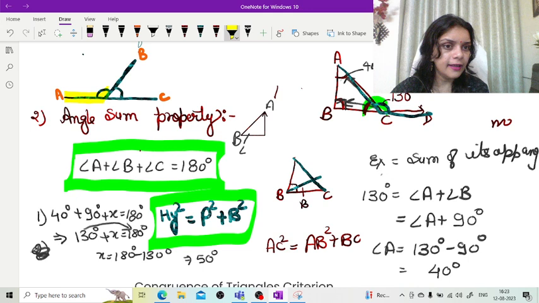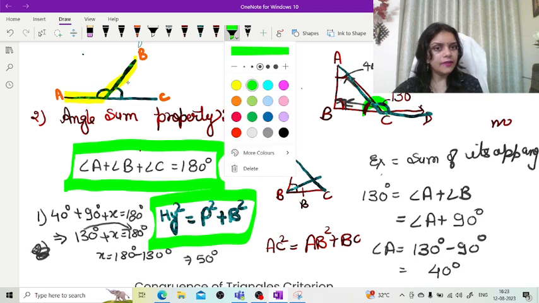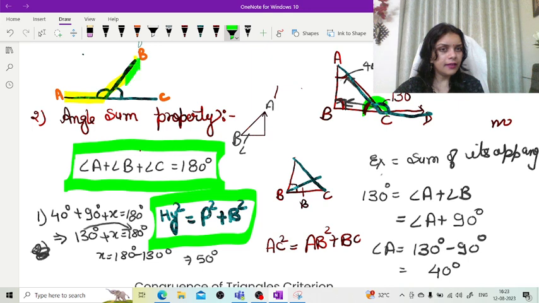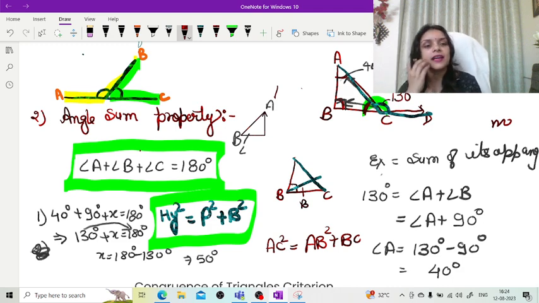So one angle is like this, one angle is angle AB, correct? And what is the second angle? The second one again is this one, right? So you can see that this line is common in both the angles, right? So two adjacent angles, this is adjacent angle actually. What is adjacent angle? If two angles are there in which one line is common, right? So this is adjacent angle.